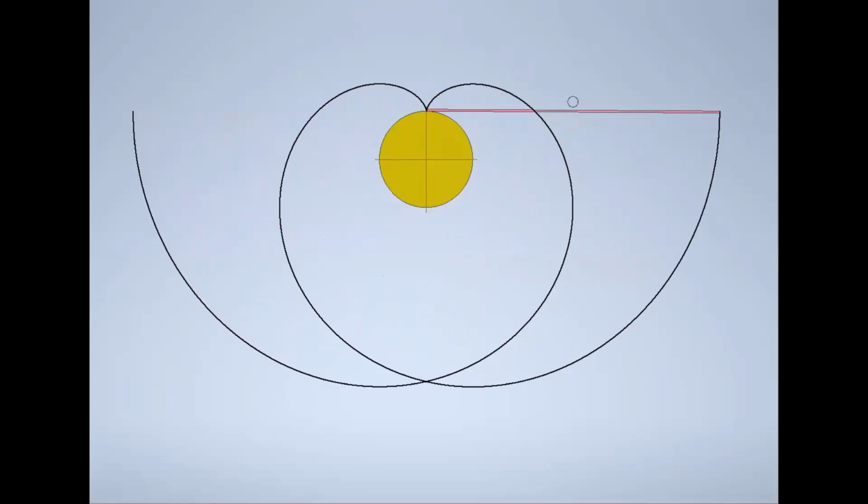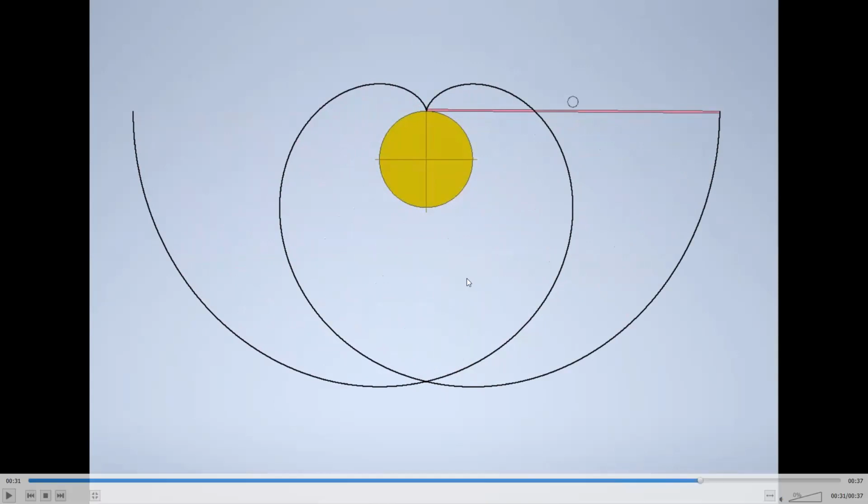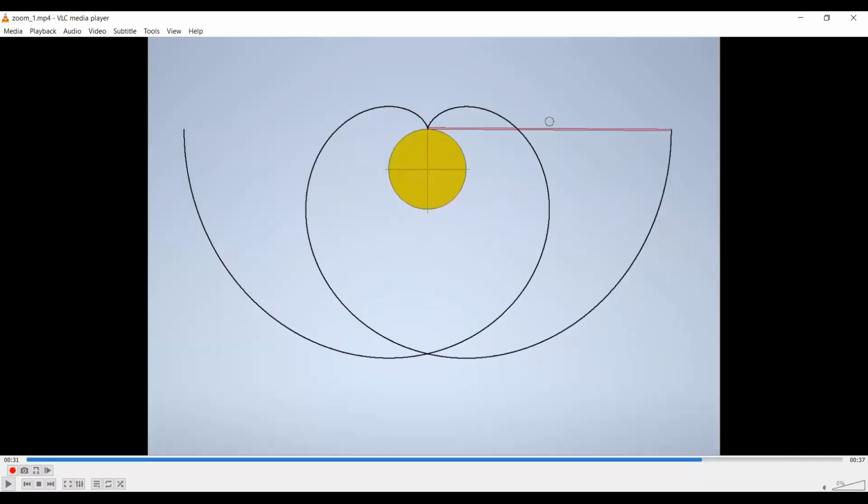So right now we have seen the involute for a polygon, that is a square, and the circle. Even the involute is possible for the semicircle. So in the next lecture, we will see how to draw the involute for the semicircle.